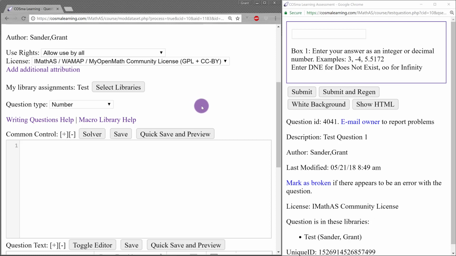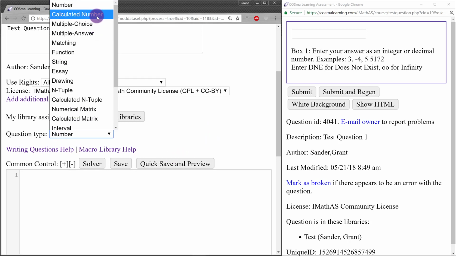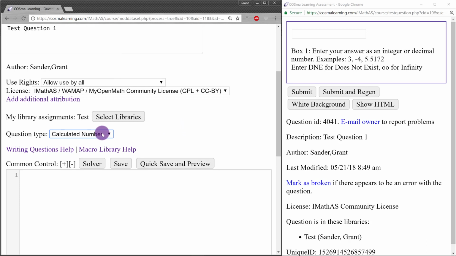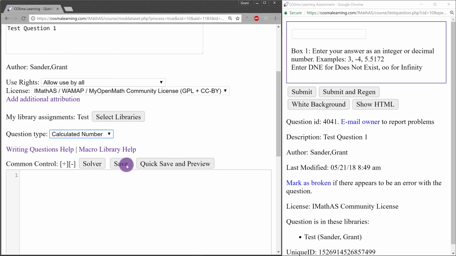So far, we've only looked at question writing in a pretty theoretical way. So in this video, we'll take a look at an actual example to show some of the decisions we might have to make. So first of all, I'm going to create a question type of calculated number. So there's a number input type and a calculated number. The calculated allows students to enter computations right into the system, which is usually what I want students to be